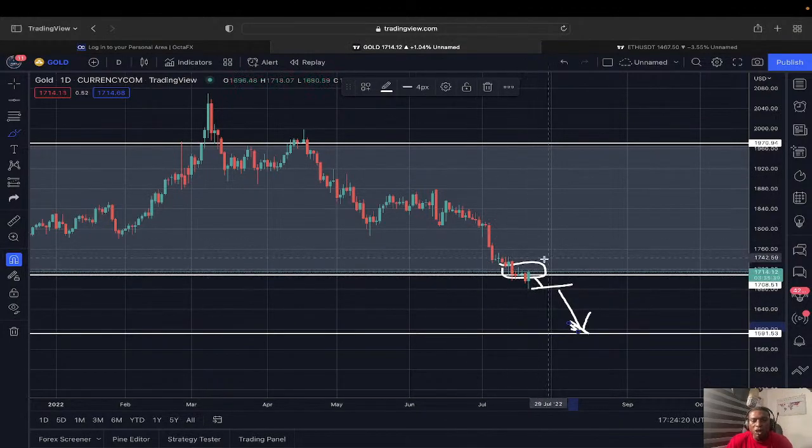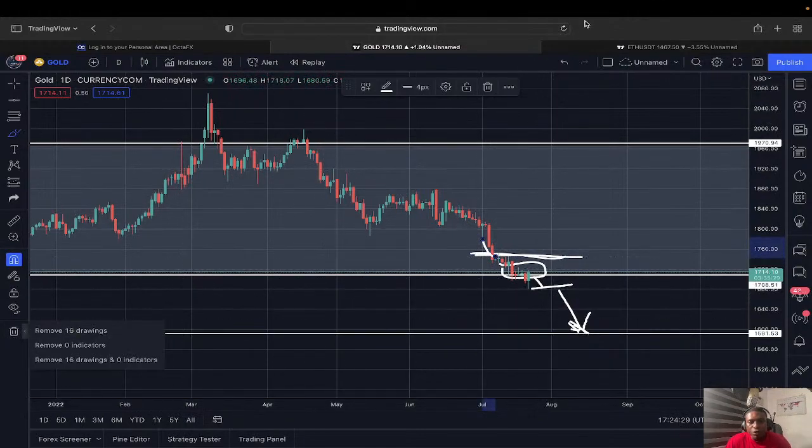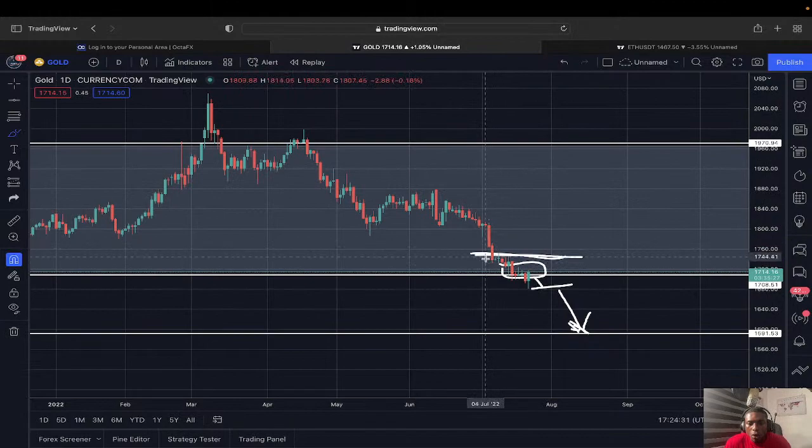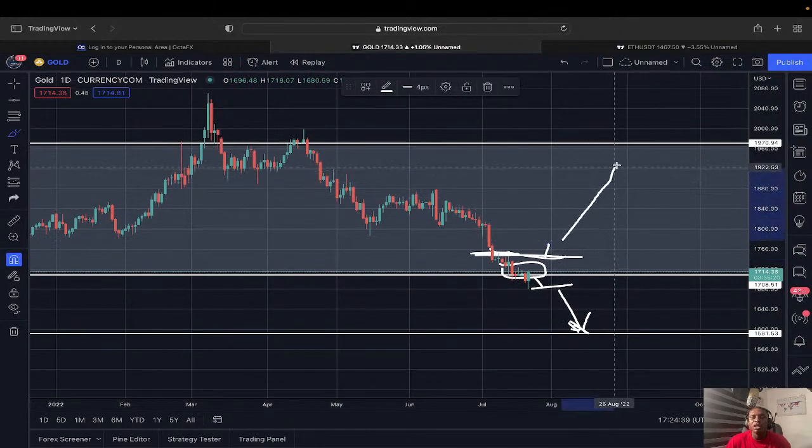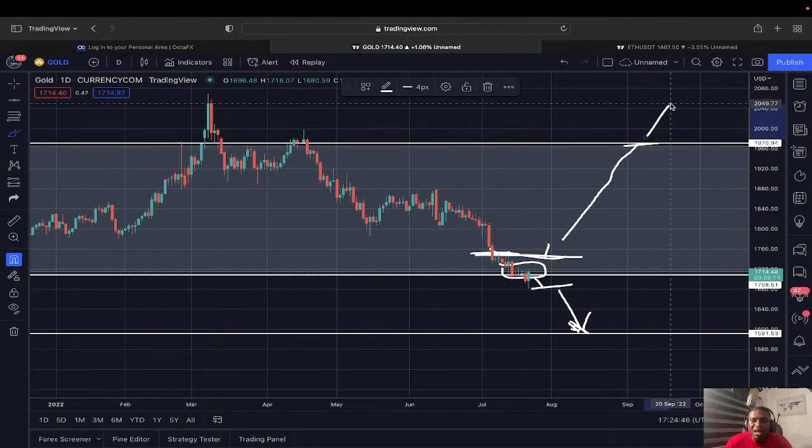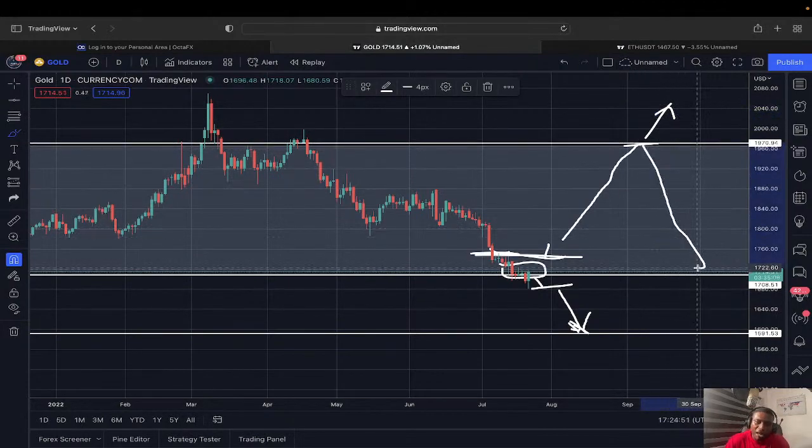If you want to go bullish, you will wait for gold to break out of this resistance level, because there's a resistance level here. Though it's a minor resistance level, you can see that there's a resistance level here. So if it breaks out of this resistance level, then you want to follow the trend up to this place and take profit, because of course from here it can either break out, which you never know, or pull back and start falling again.